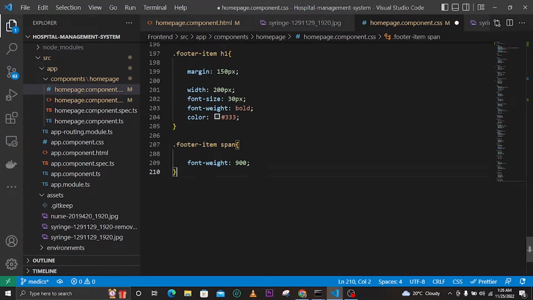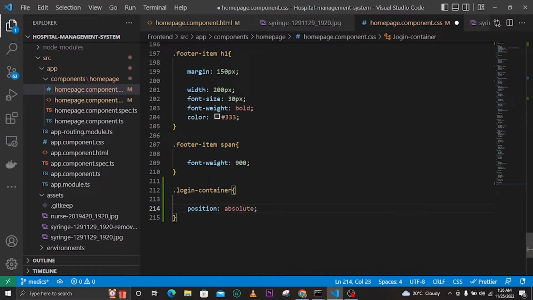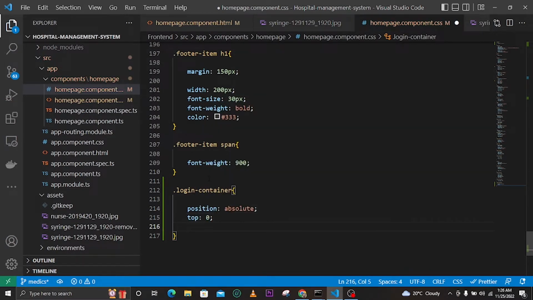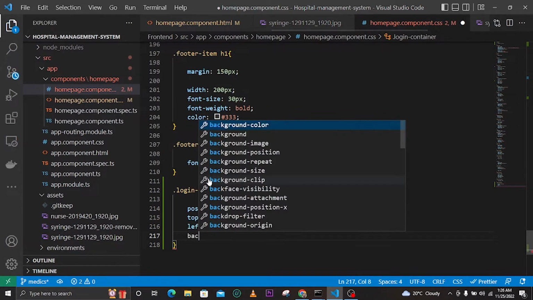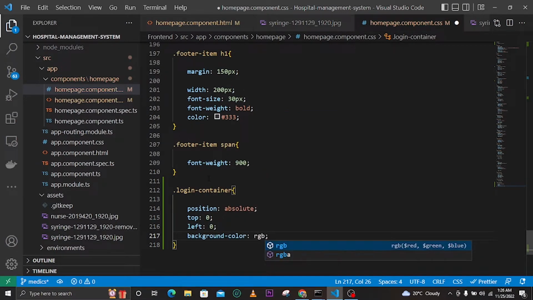Down here we can have now our login container, just like that. That is our login container, and this one now will give a position absolute because I want it to appear above. So position absolute, top will give it a 0, and left 0, and then we give it a background color of RGBA here because we want to vary the opacity. So we give it 0, that is black, 0 0